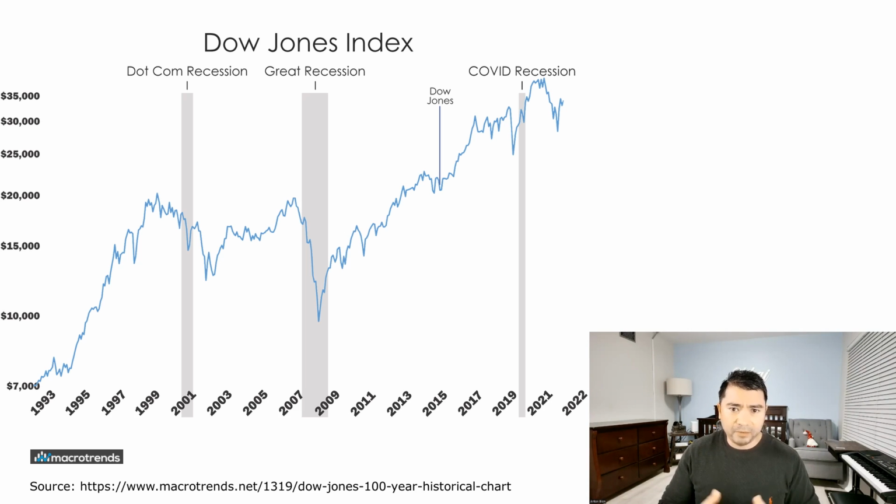Let's take a look. Now, obviously, we have 3 recessions here, and take a look at the first 2 recessions prior to the COVID recession. The steady decline in the Dow is of much longer duration versus the COVID recession. Not sure what's going on, but perhaps we learned something during the dot-com and Great Recession that we implemented prior to the COVID recession, which prevented a much longer duration of decline in the Dow.